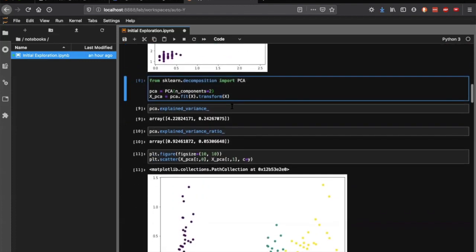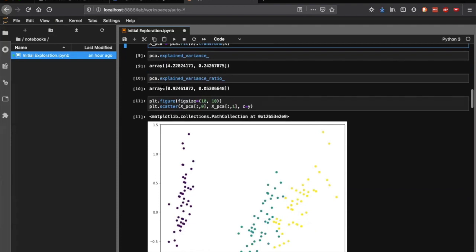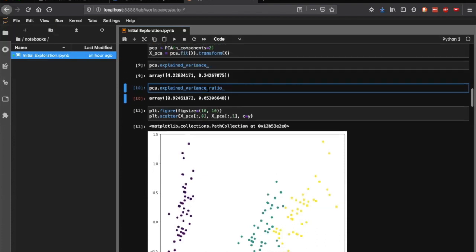So for feature engineering, you can use PCA. It's a decomposition method. From 4 features, you reduce it to 2 features, with number of components equal to 2. Then there is an explained variance ratio. If you consider the total variance in the data set to be 100, the first component captured 92% of it, and the next component captured 5. So it's able to reproduce the same data set back from saving only 2 components.